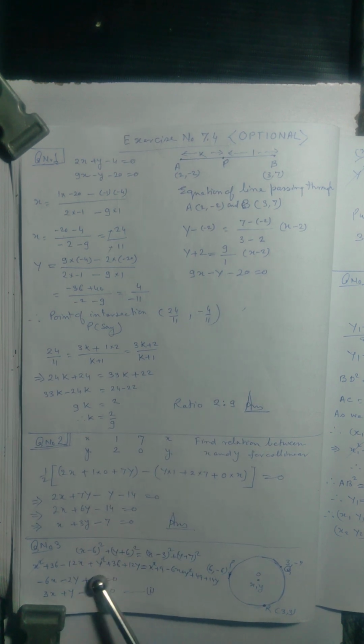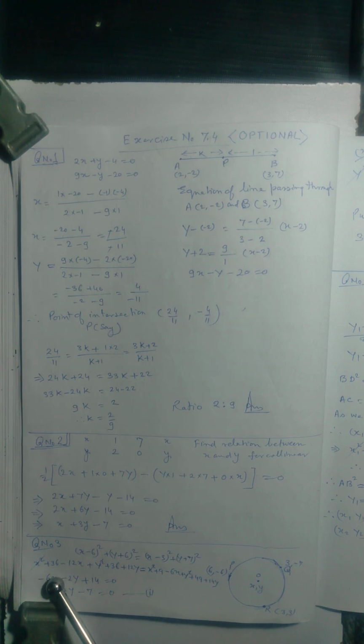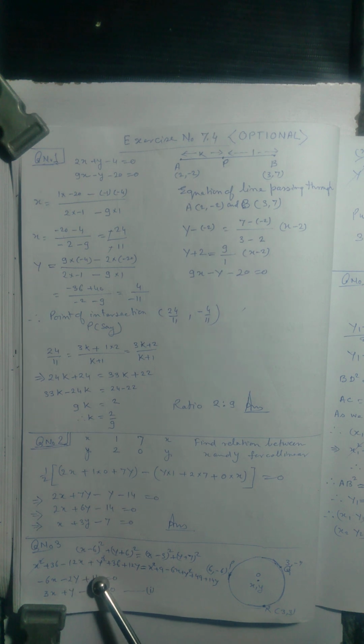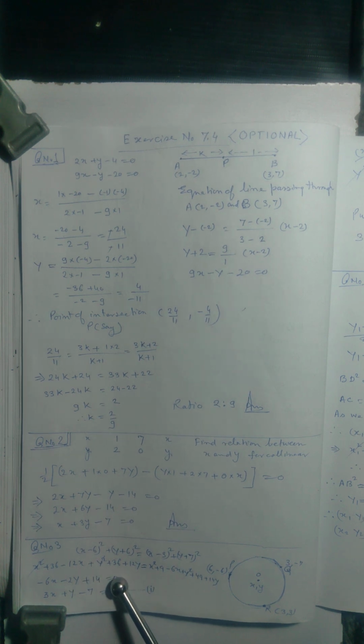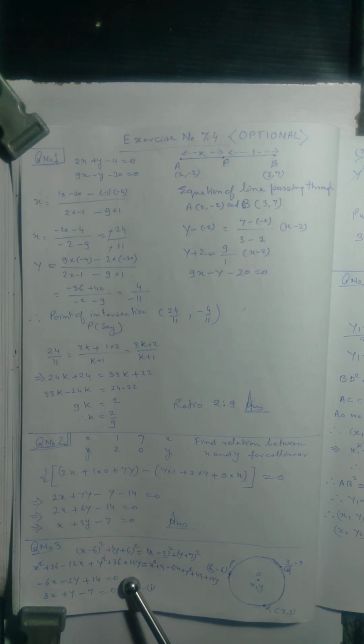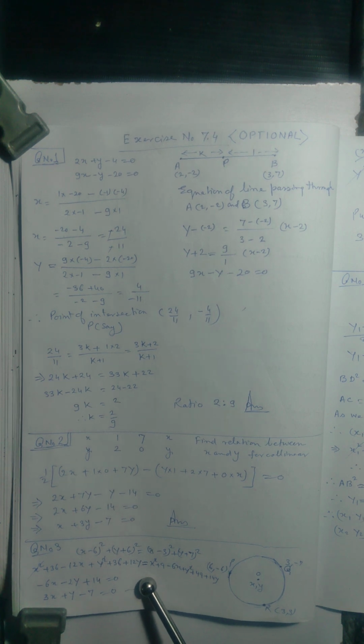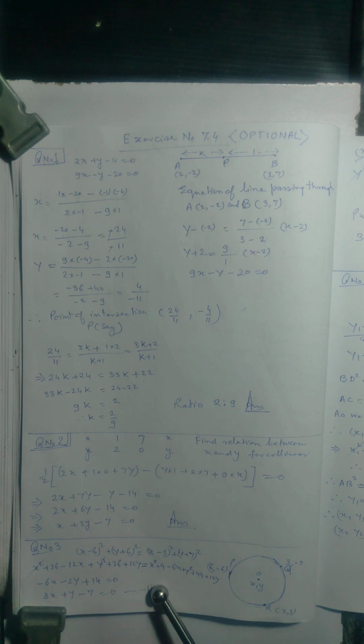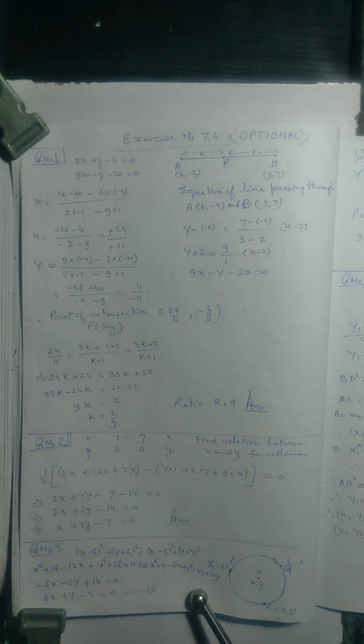Just open the bracket, you will get x square plus 36 minus 12x plus y square plus 36 plus 12y, and on the right hand side you will get x square plus 9 minus 6x plus y square plus 49